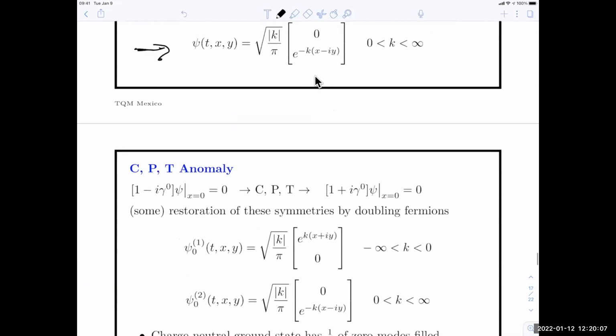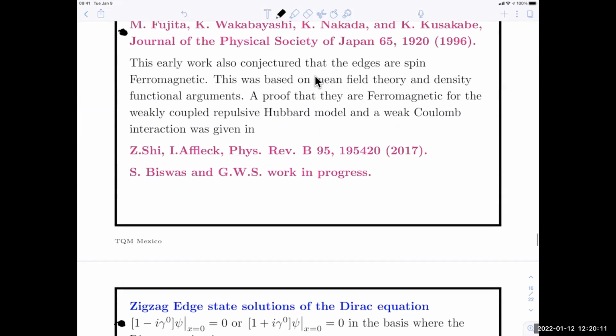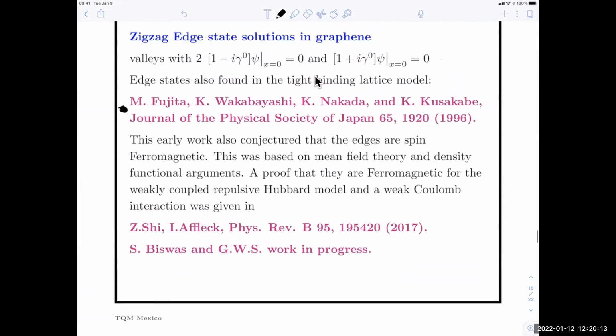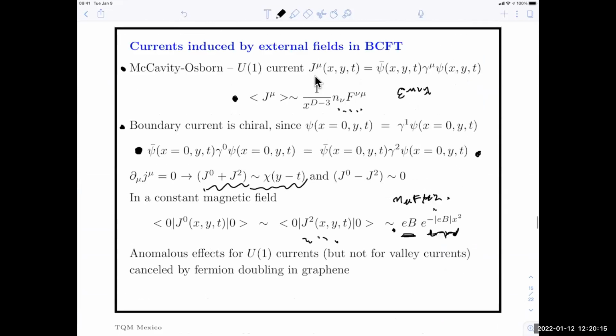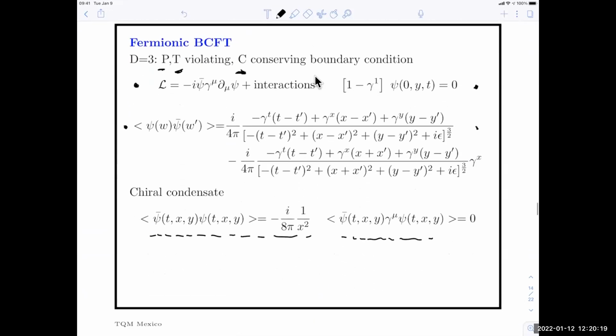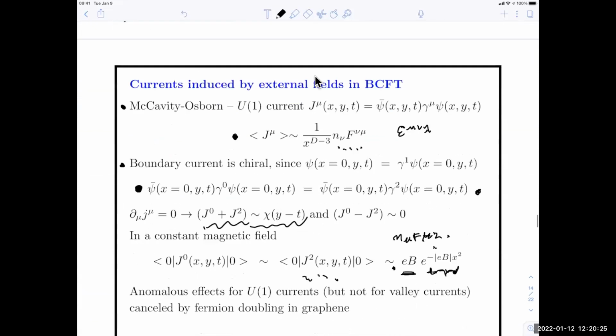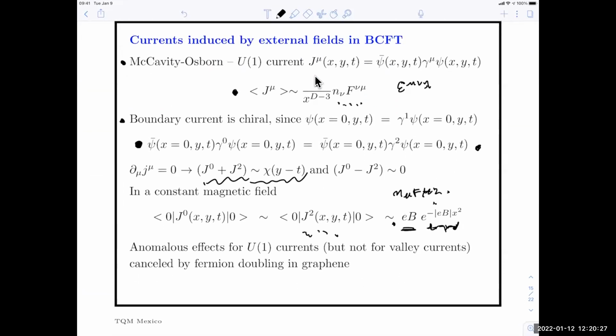You have to tell me when to stop. That's about Makevich-Osborne. I think it's a little bit before. No, before a little bit. Yeah, here. No, just 15, a little bit down. Oh yeah, here. Yes, this one. So here D is considered to be the total dimension, so it's time plus space. Right.